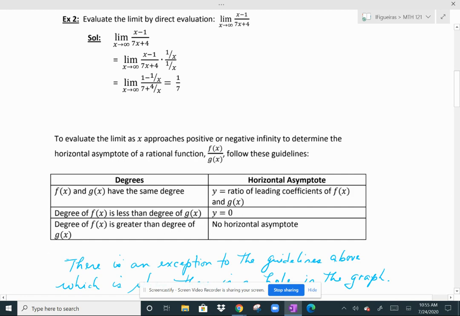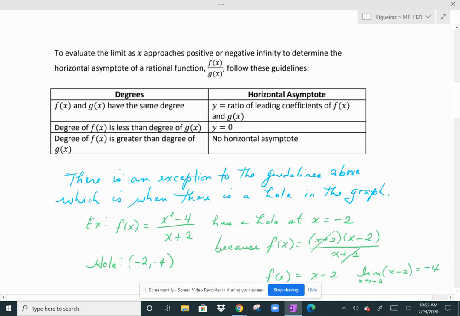So what are the exceptions here? That's when you have a hole. So there's an exception to the guidelines above, which is when there is a hole in the graph. And the way you determine if there's holes in the graph, you can see here in the first example, is by looking at your expression. So this would be a scenario where the degree on top is bigger than the degree on the bottom. So that would mean there's no horizontal asymptote, which is true, but more specifically, this one actually has a hole